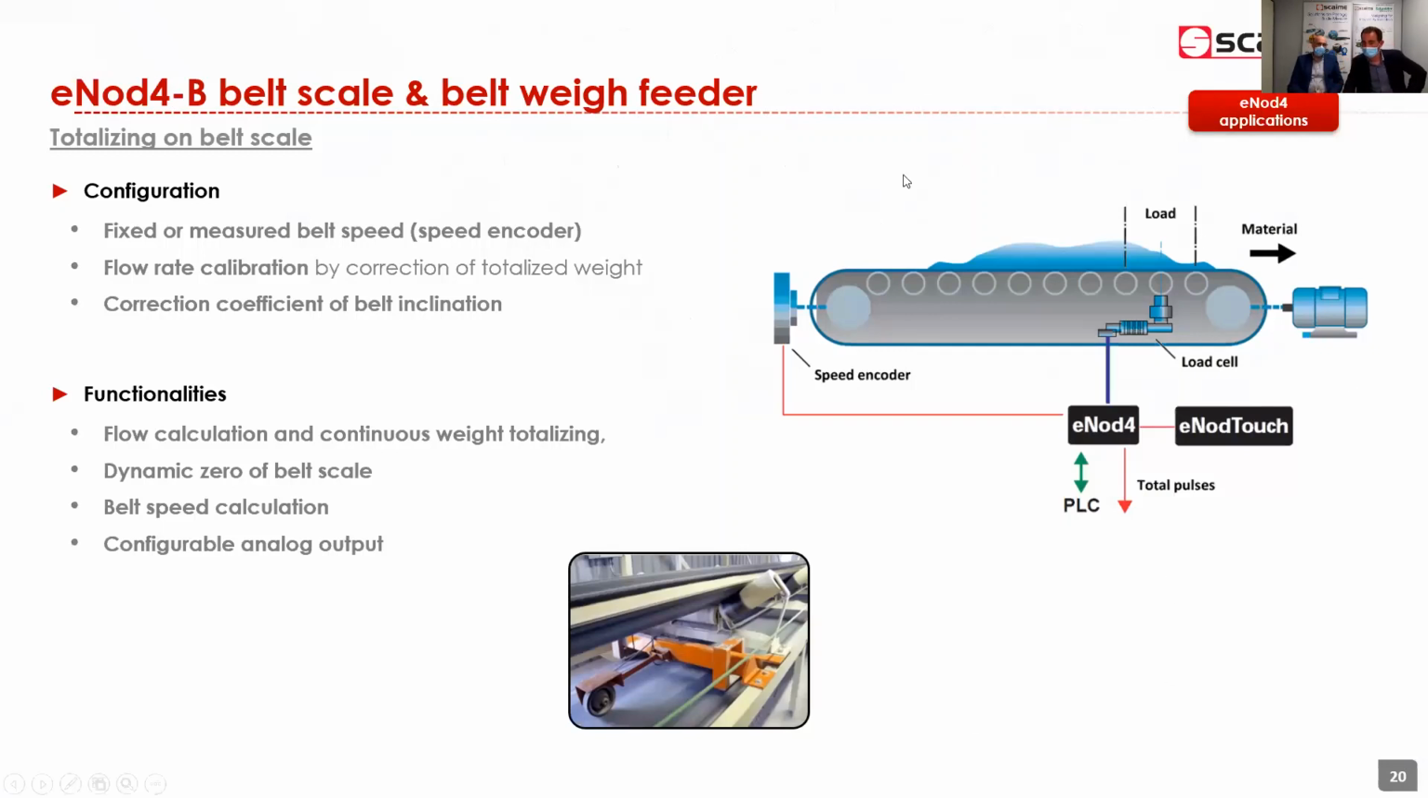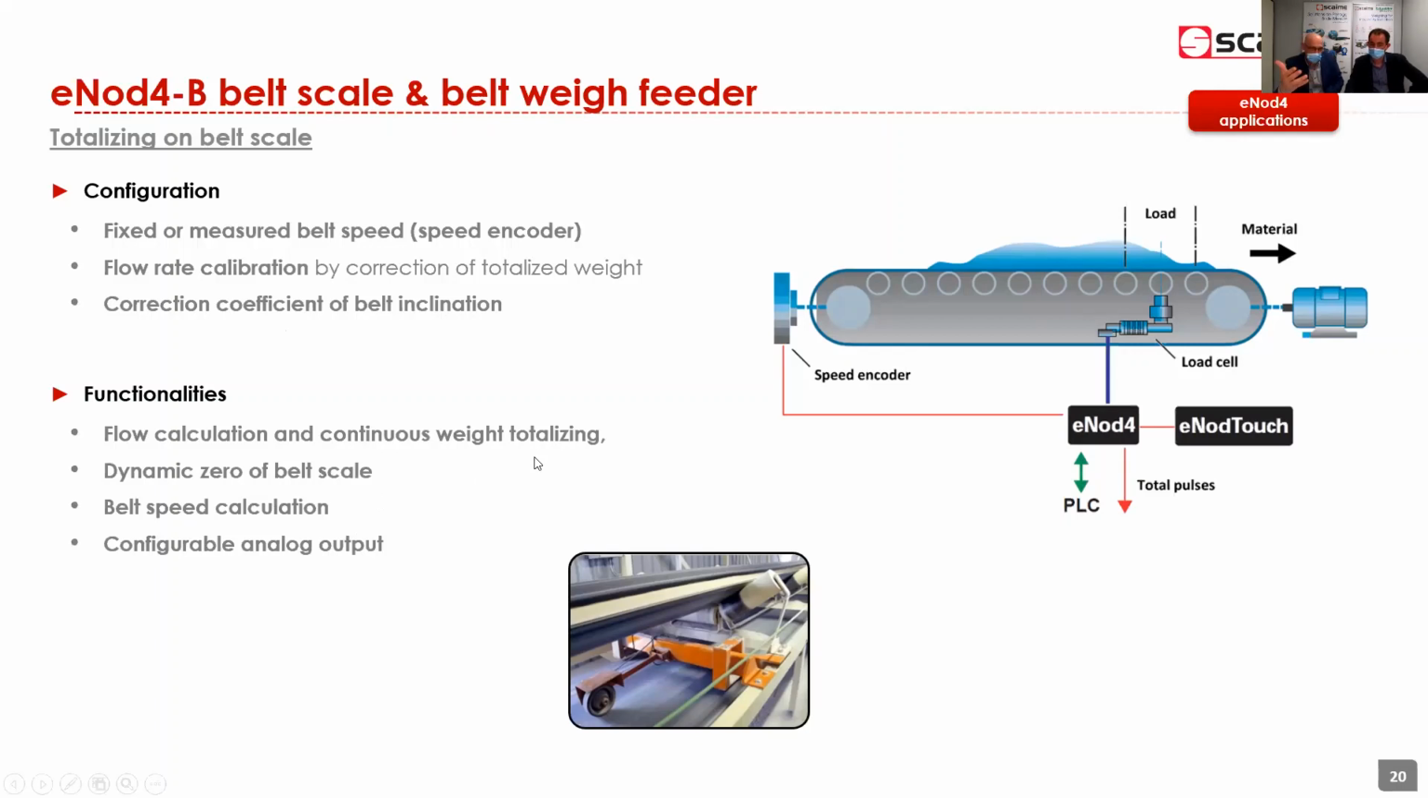So here you have a description of a typical system. The eNod4B is connected, of course, to the load cell to measure the weight. Yes, we measure the weight only on sections of the conveyor, so per unit of length. And the eNod4B can also be connected to a speed encoder to calculate the speed of the conveyor. Exactly. And so the main functionalities for this type of application are the flow calculations, the continuous weight totalizing, and